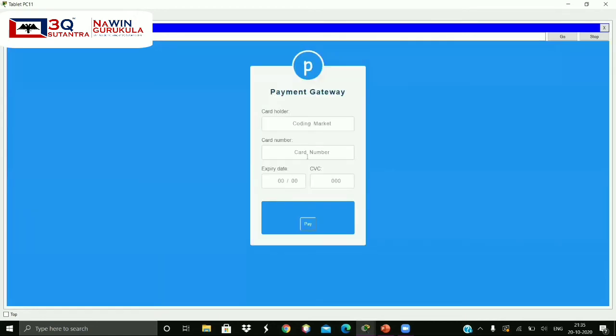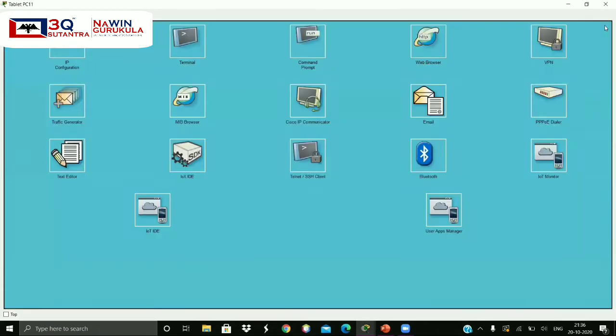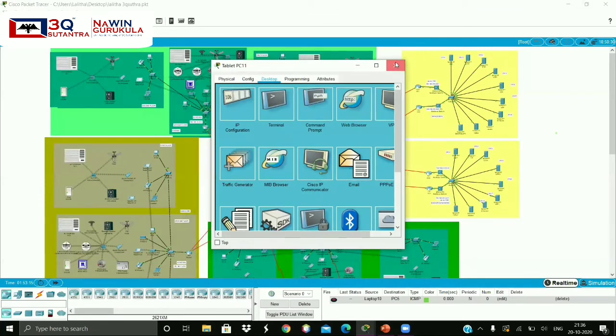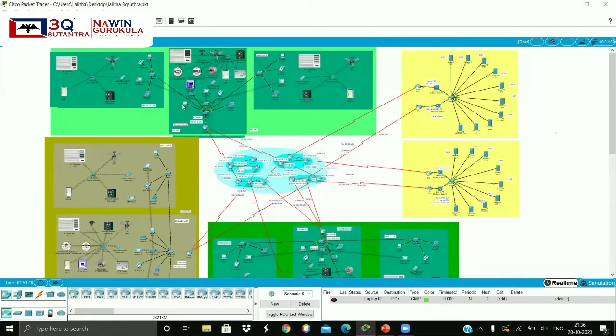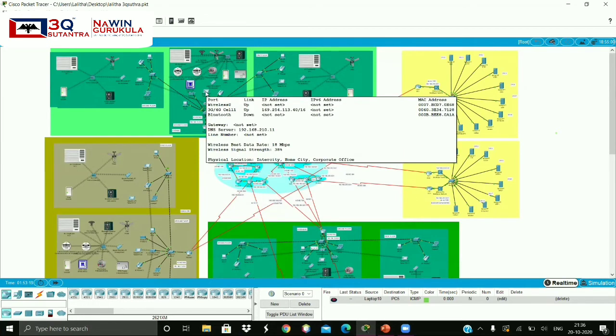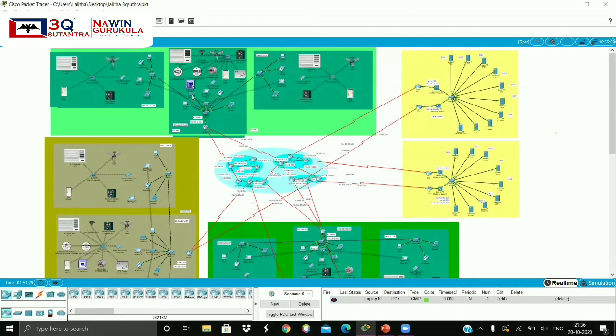After finishing the payment details, you can pay, and thank you for purchasing. And this is what our browser website about the product is. And next, coming to the branches. In the branches we use a PC, laptop, and next a tablet for the product website, and a shared printer for the bill